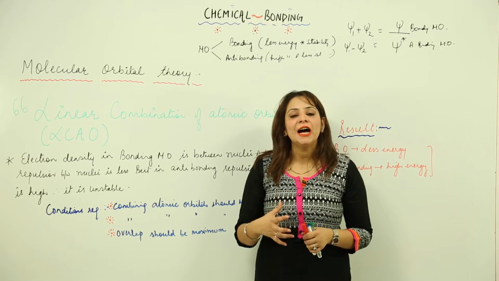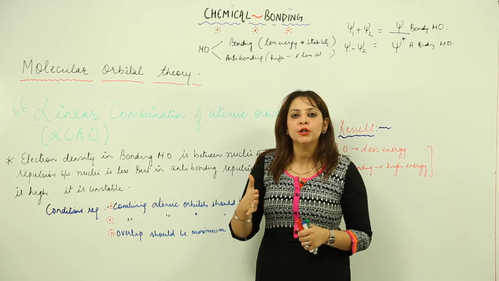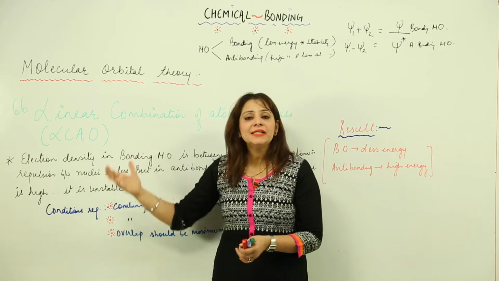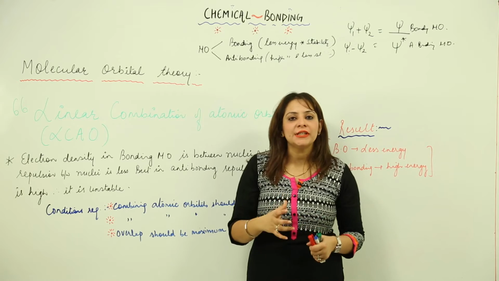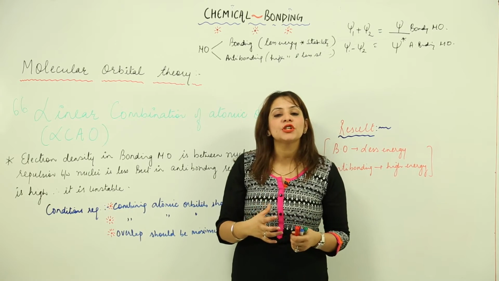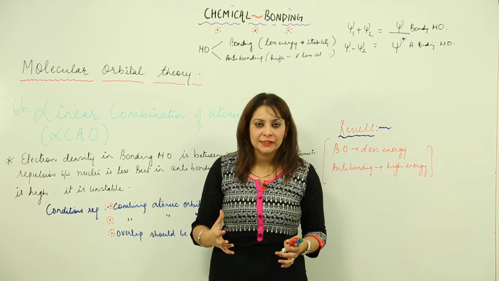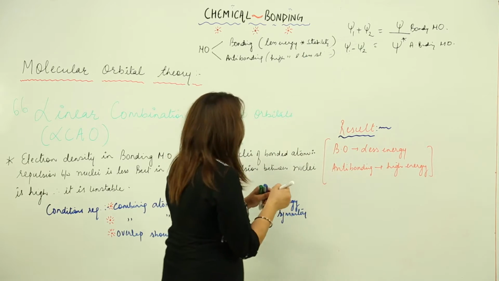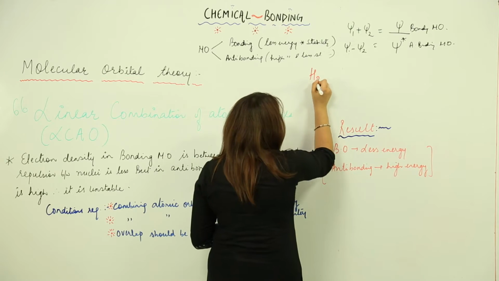Now we are going to try out the linear combination of atomic orbitals, that is our LCAO. Right. So what does the LCAO actually want to state? It is actually a theory which explains the combination of atomic orbitals. According to this theory, suppose I need to form a hydrogen molecule, right,